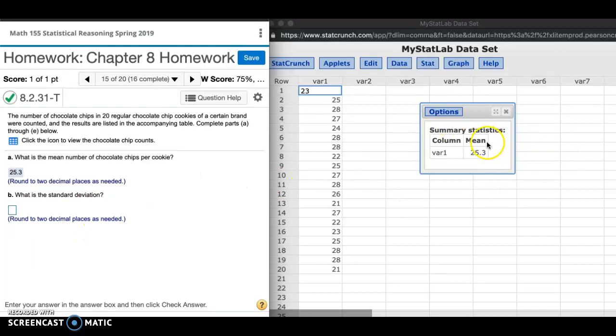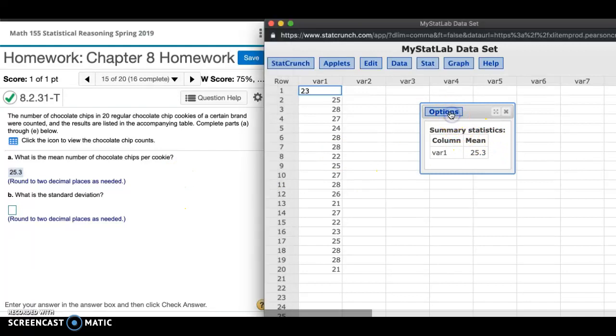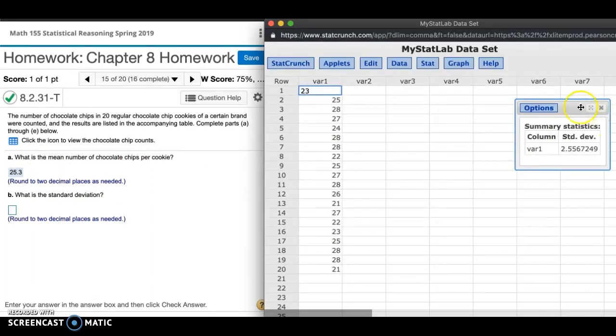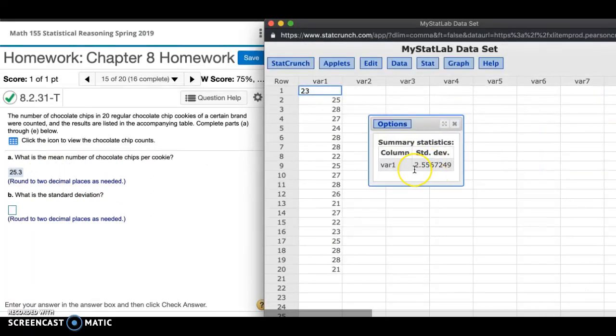Okay, so to answer this question, you can either go to Options and hit Edit, or you can always just exit out and do it all over again. But I'm just going to go to Options, hit Edit. And so we're going to go down to where it says the abbreviation of standard deviation. Make sure that's selected and hit Compute. Once that is ready, you will see the answer